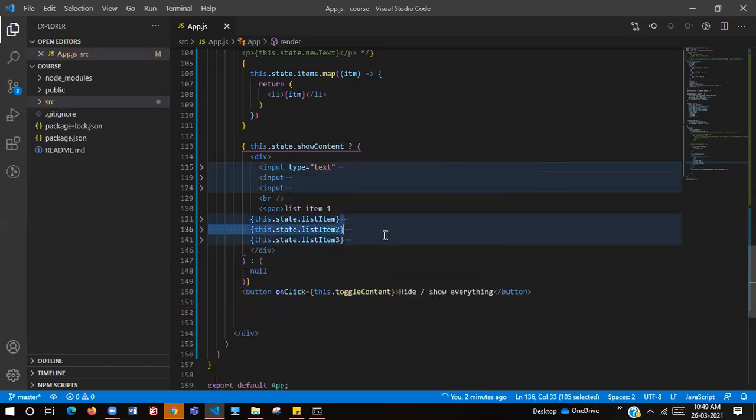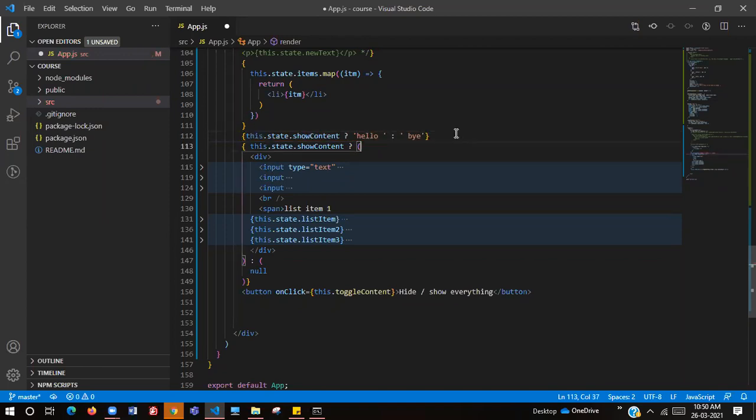I'm just hiding all those things. Now, basically, this is this.state.showContent question mark, and here let's just take a string hello and colon, bye.